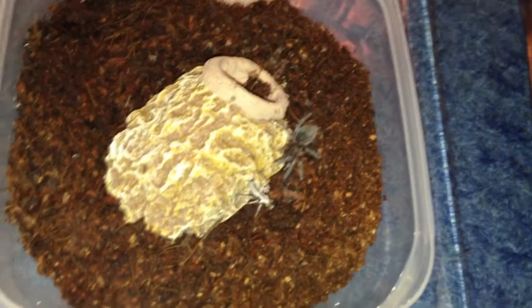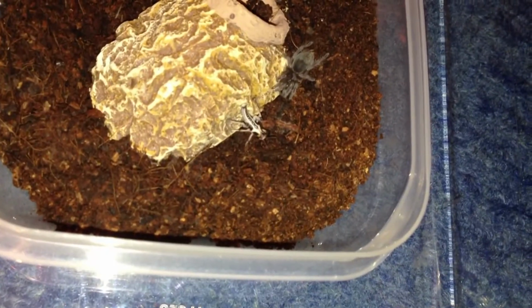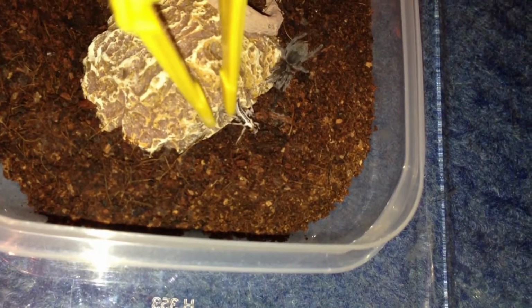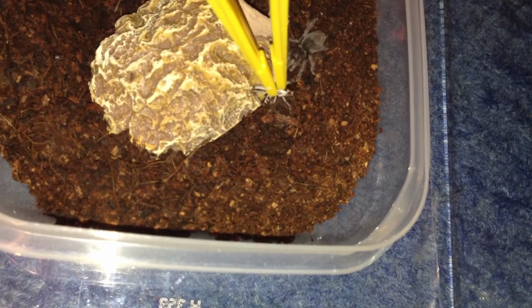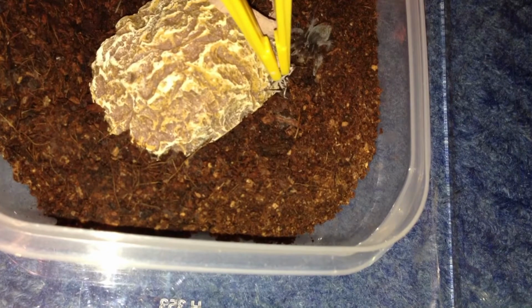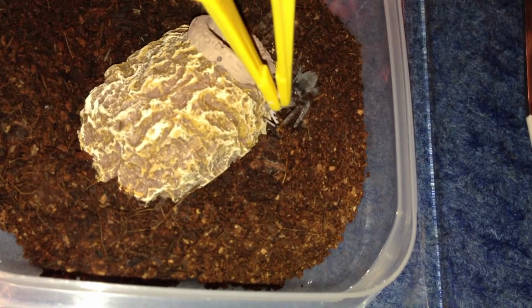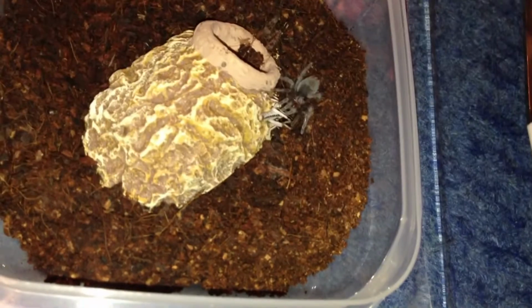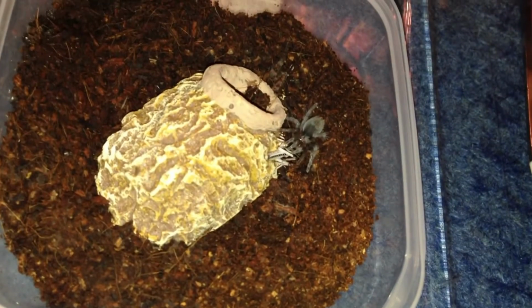Sorry if I'm talking a bit quiet. Don't think it actually wants it. Well, I mean, I don't think it'll actually go for it. Do you want it? Come on, you're showing a threat posture. Have it. Have it. Showing a threat posture at it. Did it actually grab it, or what? Because if so, that is the most...